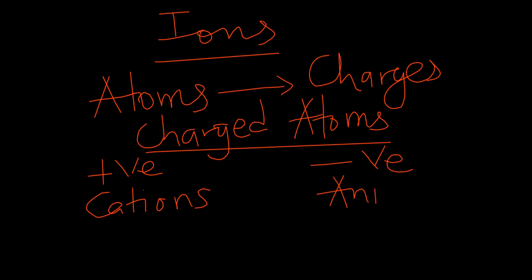We'll be looking at how ions are formed in details in another video. But today, what I need you to understand here is that ions are one of the building blocks of matter, and they are charged atoms, and they can either be cations or anions. They are cations when their charges are positive, and they are anions when their charges are negative. Let's move on to the next building block of matter. So we'll be looking at